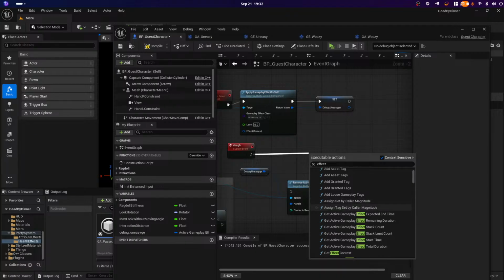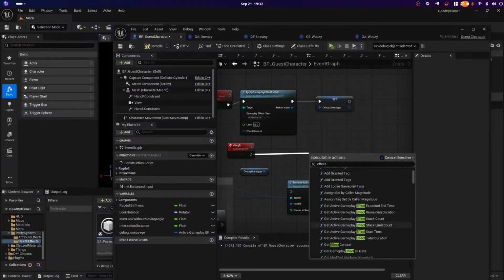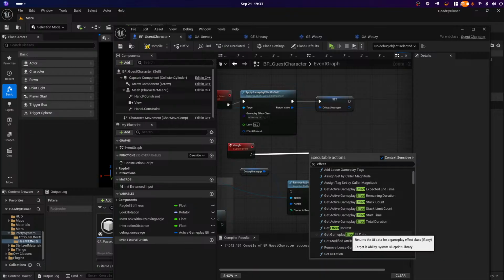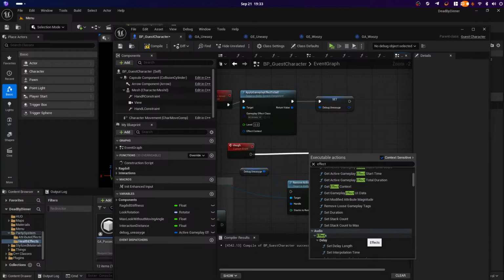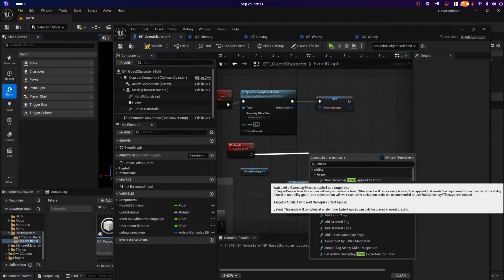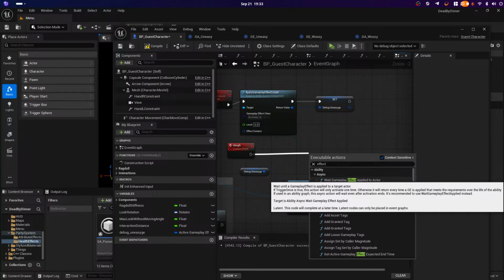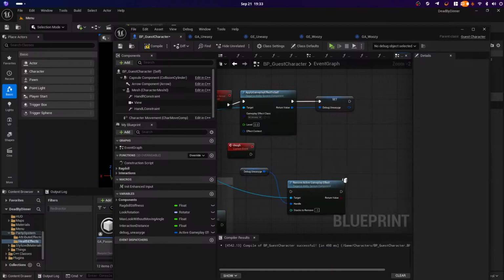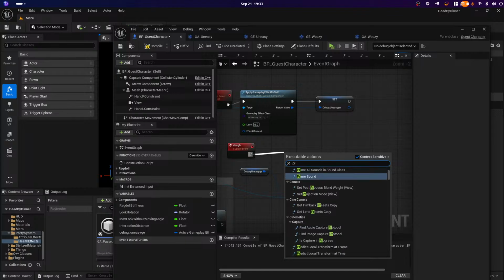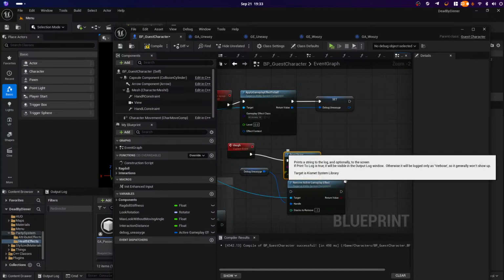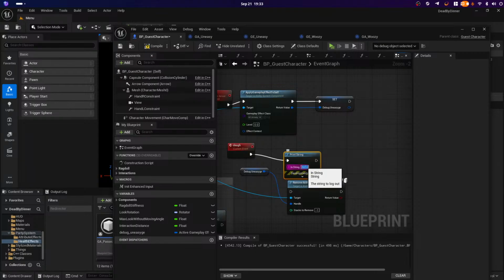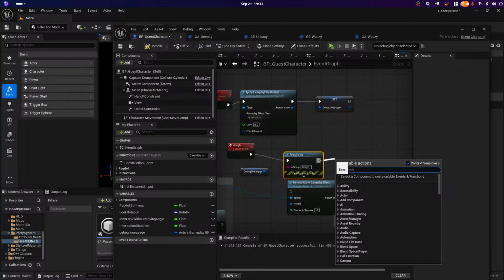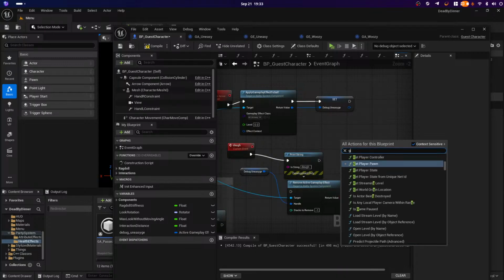Signed by color magnitude. No, it doesn't do what I want. Well, let's do this first. And then we will get